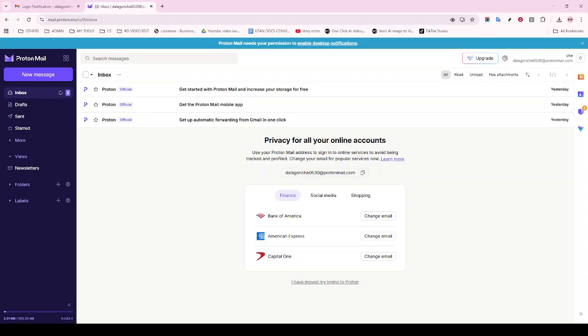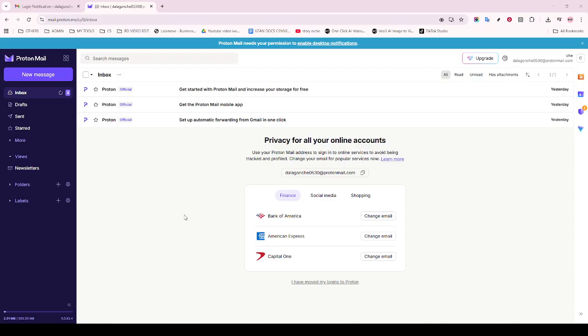In today's video, I'm going to teach you how to access and use Proton Drive via your Chrome browser, making sure you can manage your files safely and securely. Let's dive right in. To get started, make sure your Chrome browser is open and you're logged into your Proton